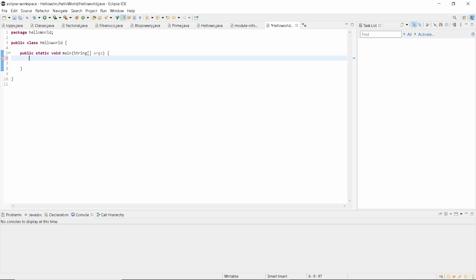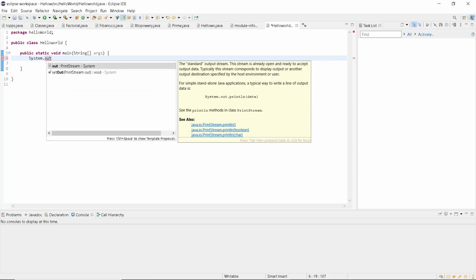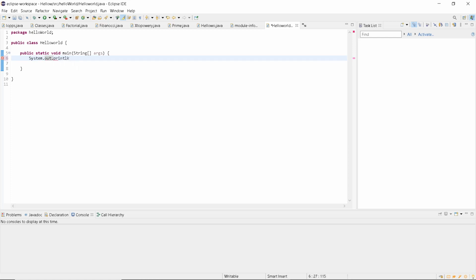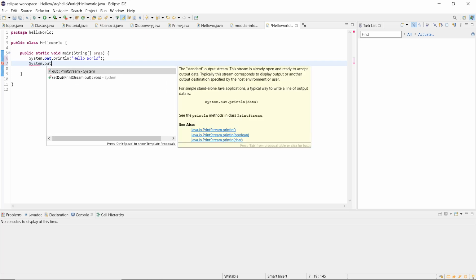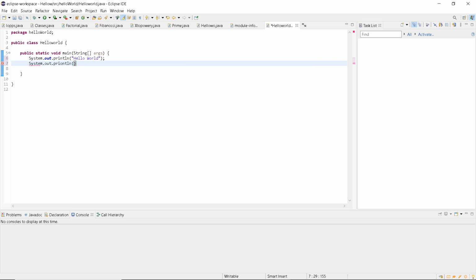So in order to print out something in Java, we write system.out.println, first code in Java.